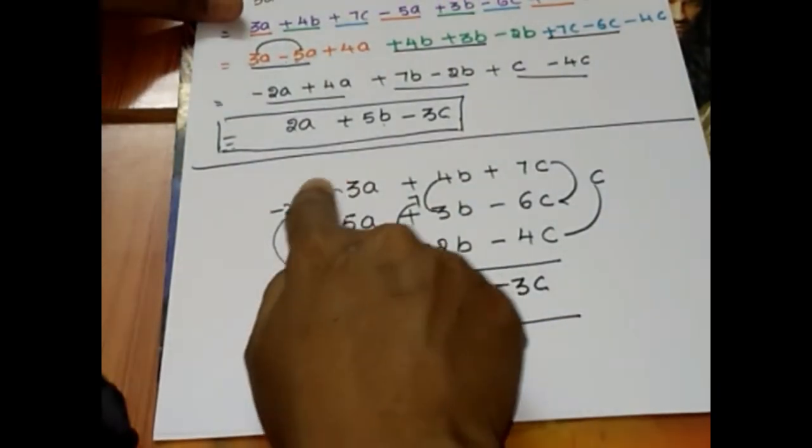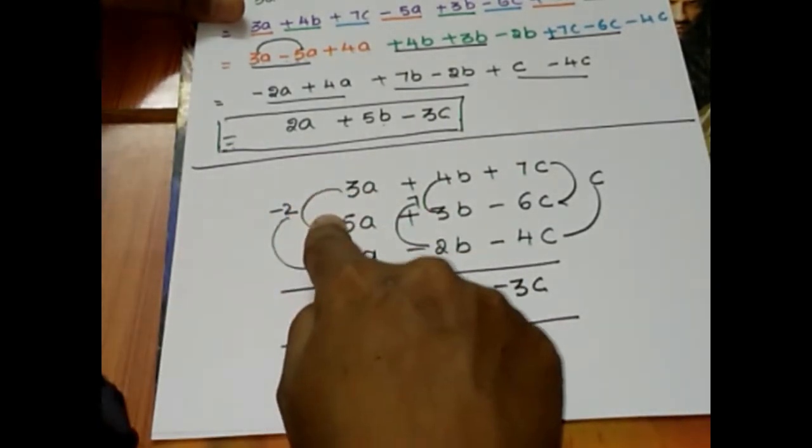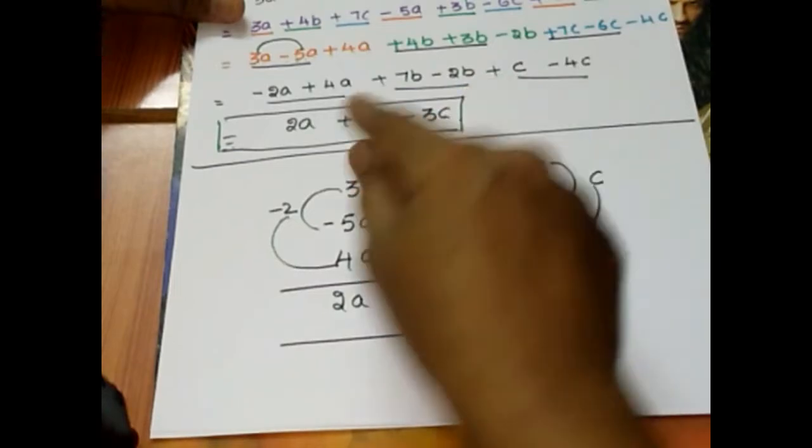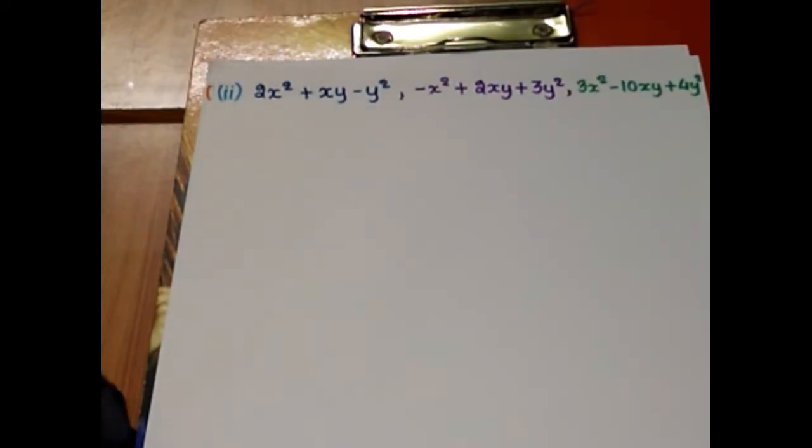Here also, while doing simplification, I have used the arrows. You just make a mark in pencil, do it with the first 2 terms, take its solution and do it with the third term. So let's move on to the second problem and apply the same procedure as we did.